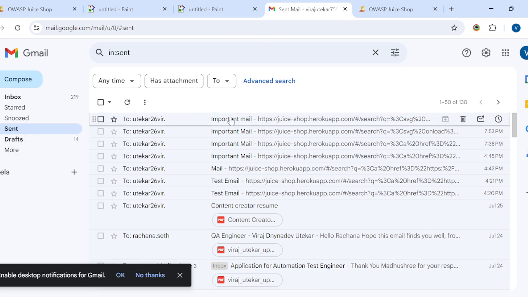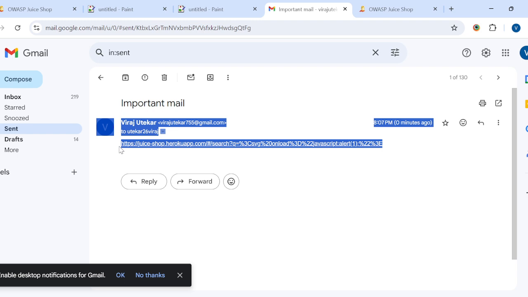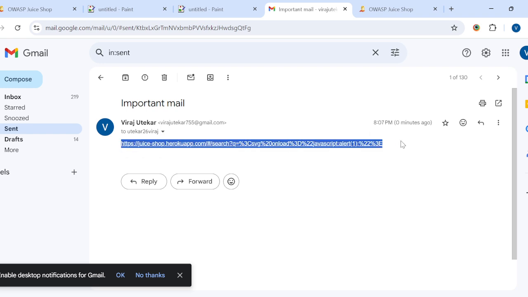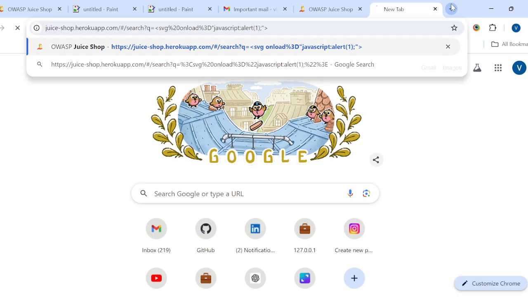Now once the victim user receives this crafted URL, he will think that this URL is from a legitimate site. So once he clicks on that URL,